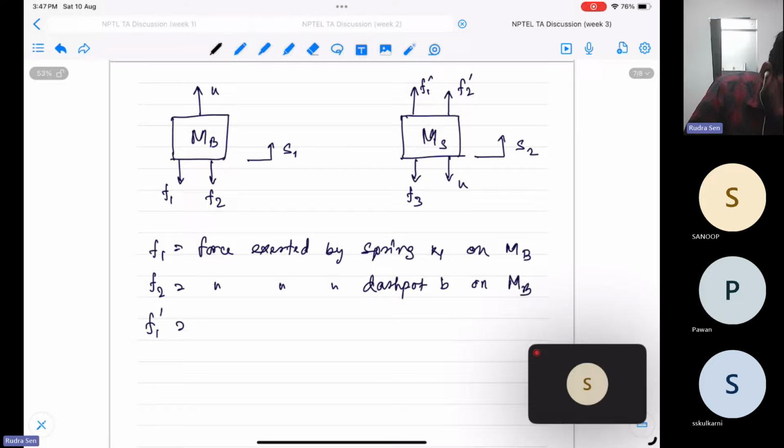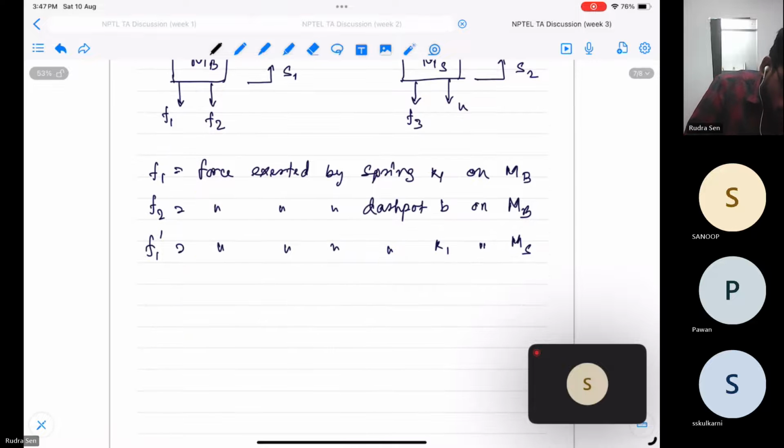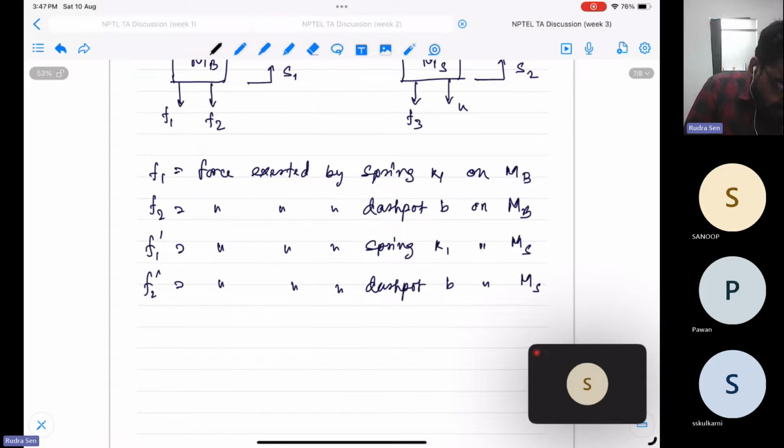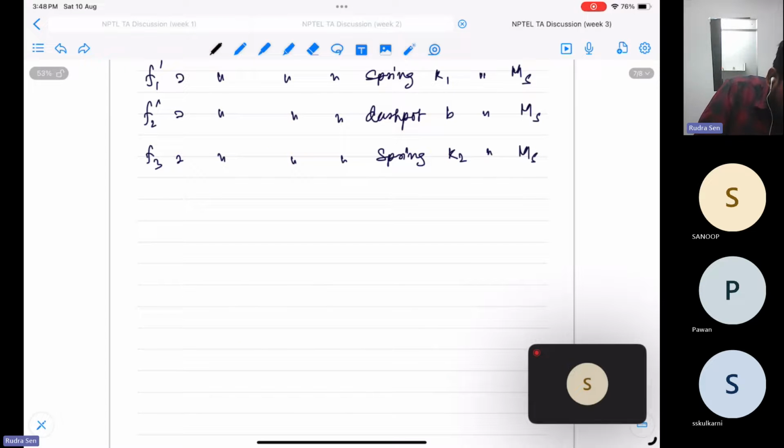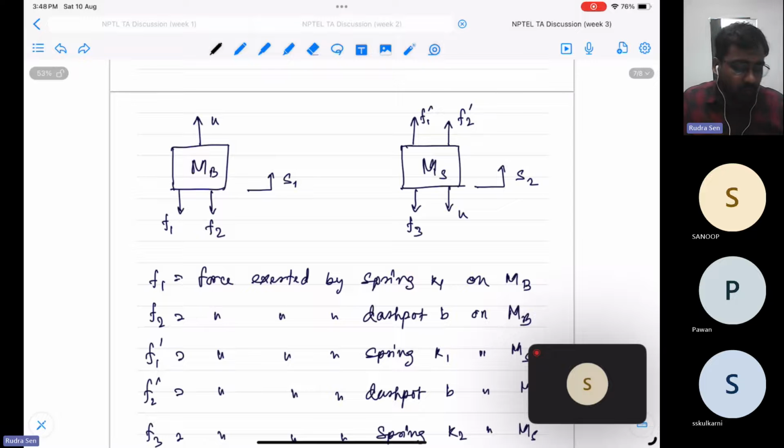F1 prime is equal to the force exerted by spring K1 on MS, and F2 prime is the force exerted by dashpot B on MS, and F3 is the force exerted by spring K2 on MS. So applying the similar procedure, you will get, obviously there are two masses over there and